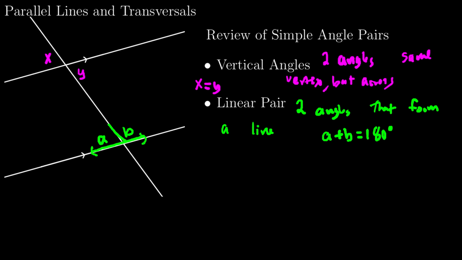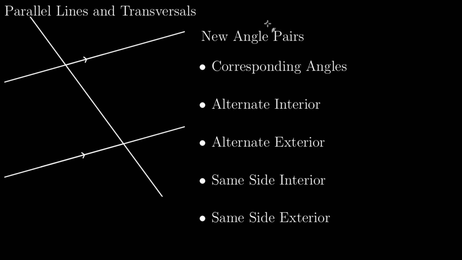Now for the new pairs. So we have 5 new pairs to deal with. This corresponding angle is sort of the odd person out. So corresponding angles, we have this case where they are two angles on the same side of, I'll say, everything. It's not the greatest description, but what I mean is if we have our transversal, it might be two angles